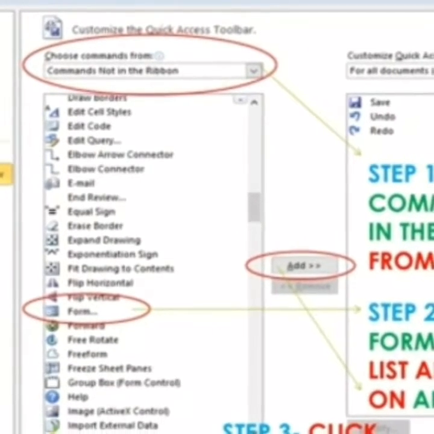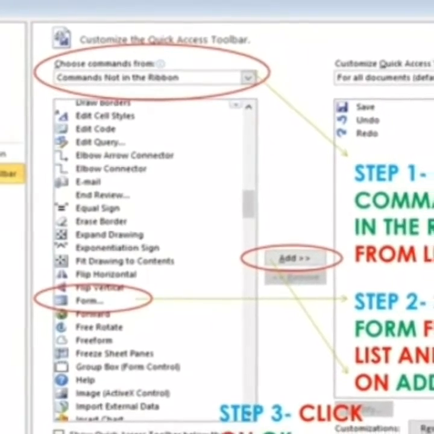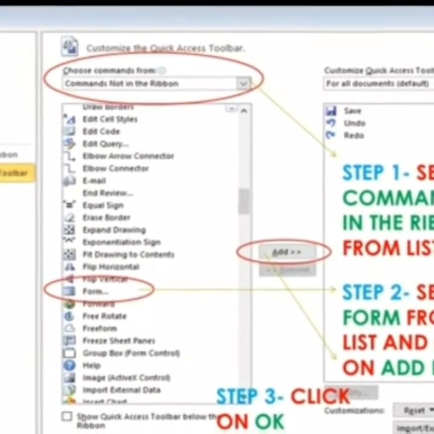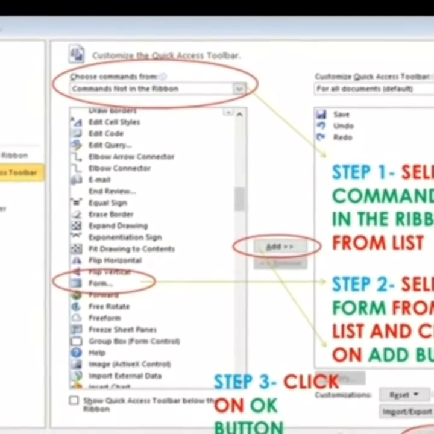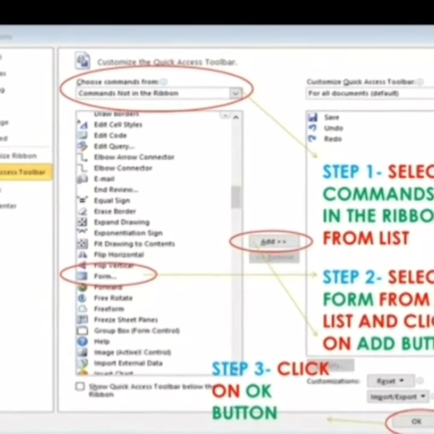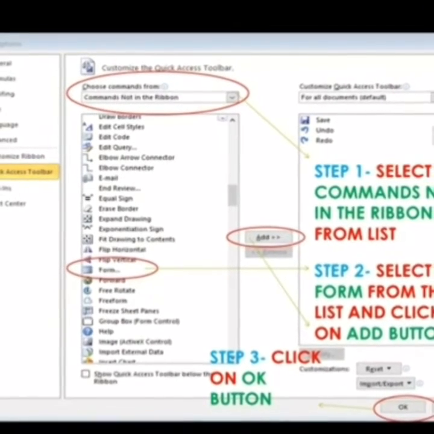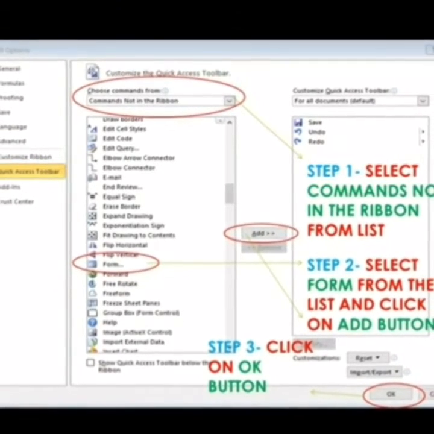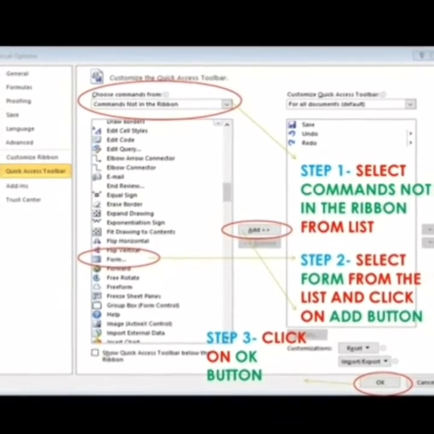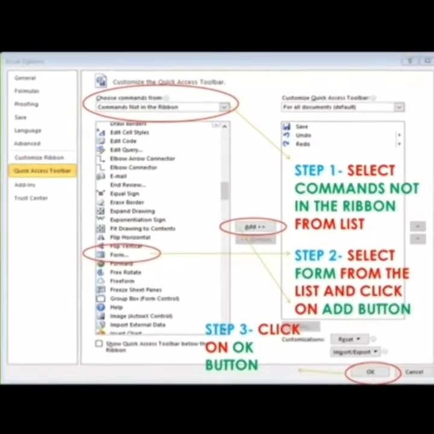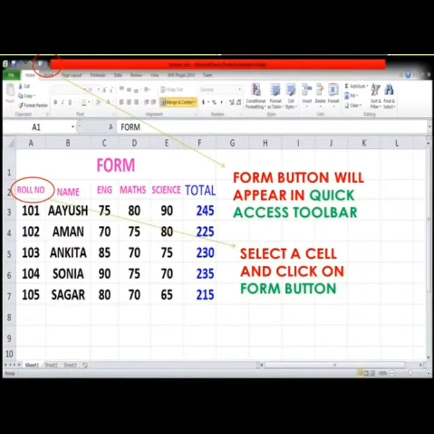Then click on the Add button and finally on the OK button. As we click on the OK button, the Form button will appear in the Quick Access toolbar.